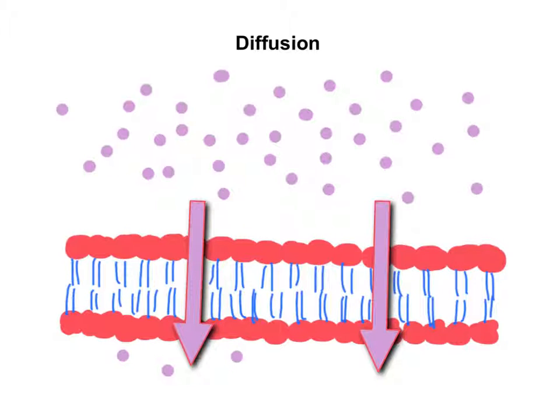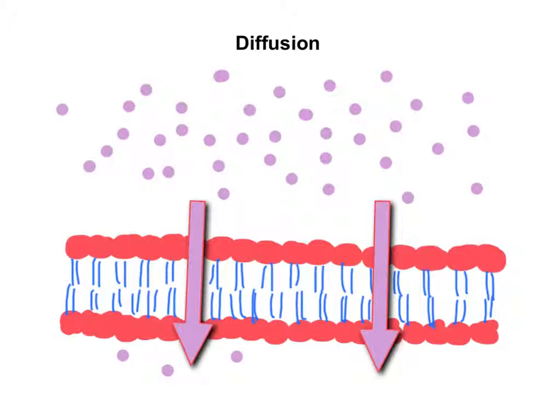Now to explain diffusion. Diffusion is the passive movement of particles from a region of high concentration to a region of low concentration. So the purple dots right here demonstrate a substance that is outside of the cell membrane. The cell membrane is right here. It consists of all the heads and tails, the phospholipid heads and tails, and diffusion requires no energy, so it's